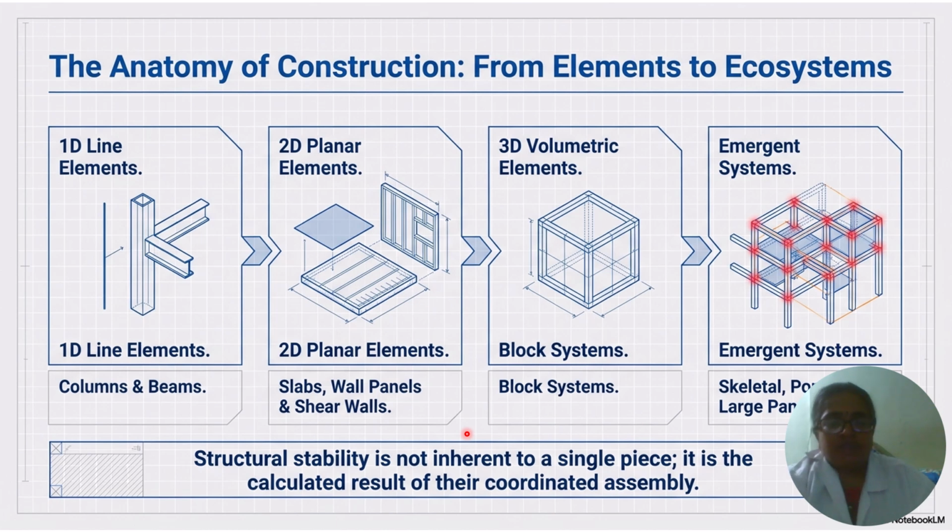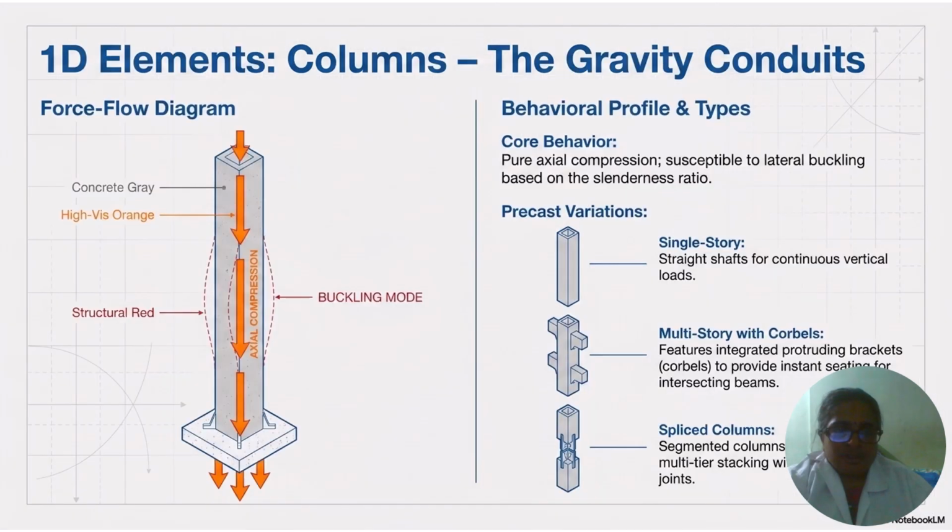So prefabrication technique entirely deals with the coordination of different components which are manufactured at different sites and assembled at the site where they are required. And one-dimensional elements, columns, the gravity conduits. The force flow diagram is shown in the figure, and